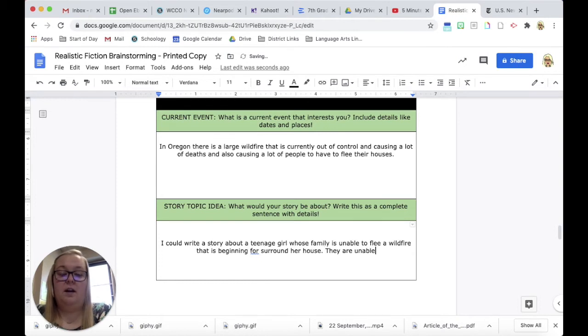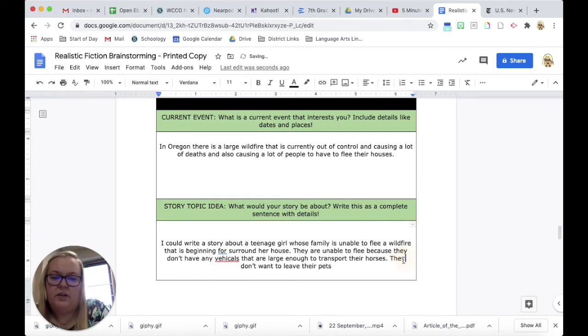They are unable to flee because they don't have any vehicles that are large enough to transport their horses. They don't want to leave their pets.